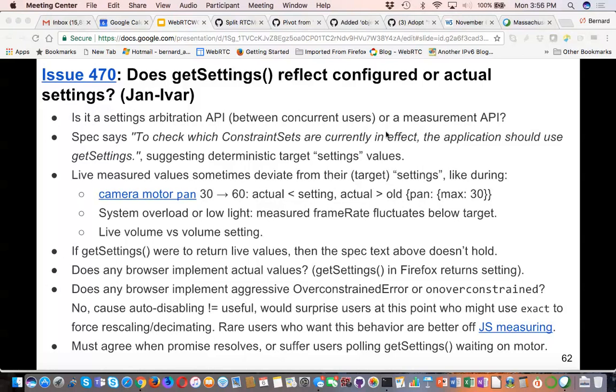needs 30 frames per second. That's how it was designed, and suddenly it gets 25 frames per second. It's not okay. You need to be able to get an error from it. We need to be very careful to think about this. Constraints are very rare things. Most applications should never set constraints of any type whatsoever. That's one of our points: no one should ever use any of these. The browser will figure out something reasonable for you. But in the case where you do need to, you either need to know that the constraint does what it's supposed to do, or that the browser doesn't support this. Here's the problem, though. Let's see this, where we're talking about using exact.